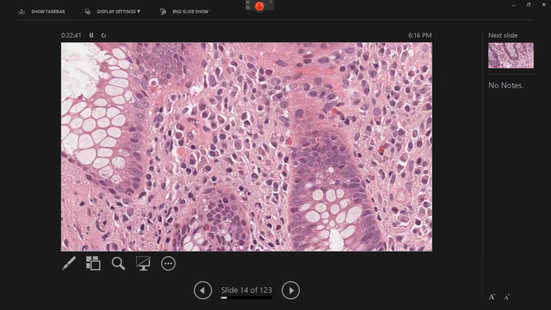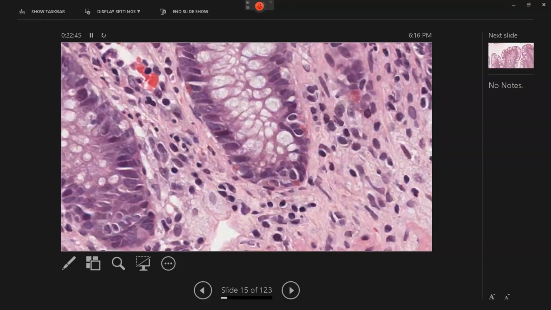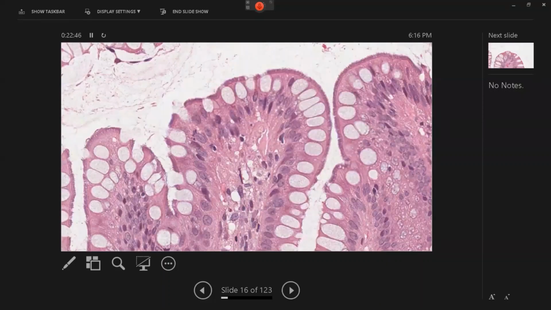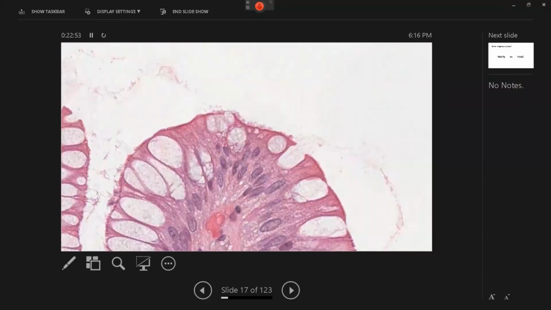You start from the lumen, the surface, and then you find your way downwards. So this is also another example of how you can miss something like this. And this is just a close-up.